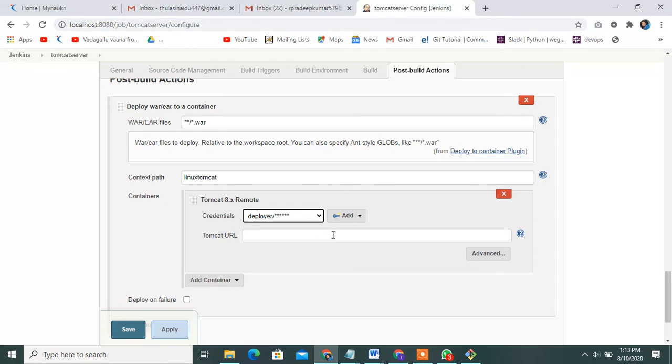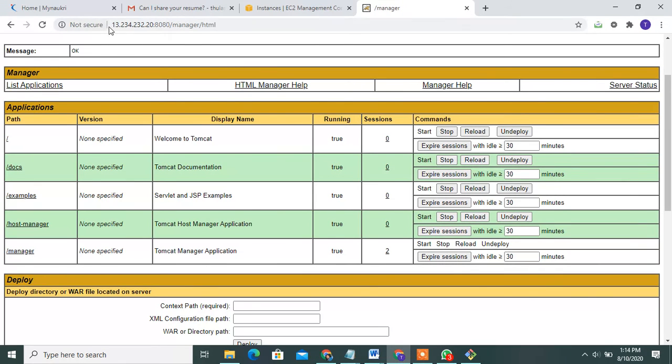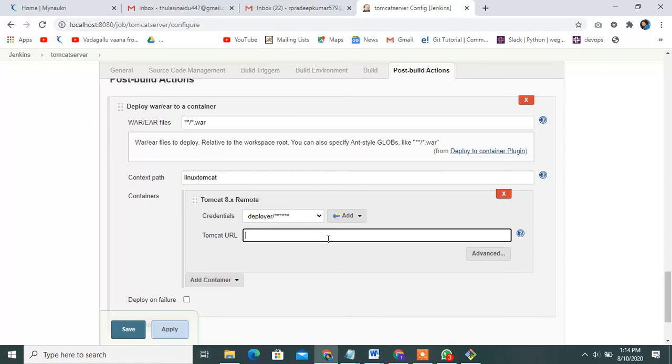Then mention, this is very important guys, the Tomcat URL where the server is running, the port and public IP; mention it here. Copy and paste it here. This is the URL and port.